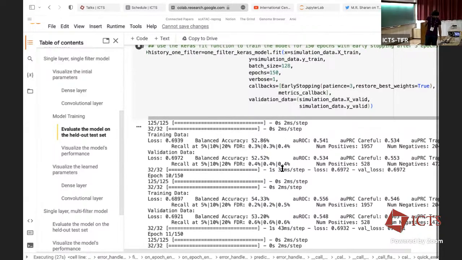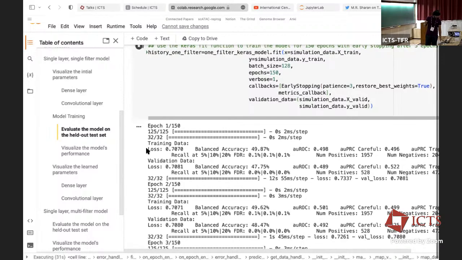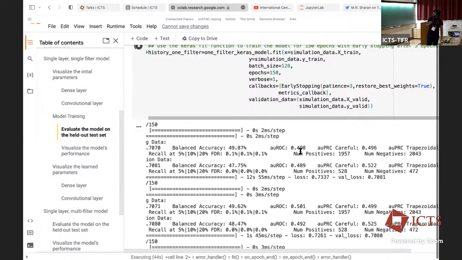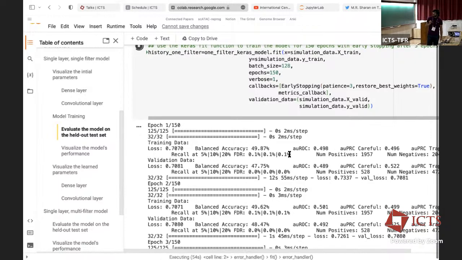So you can see again, this is spitting out a lot of numbers. Just to simplify that for you, it's going epoch by epoch, right? So in the first epoch, it's seeing the data, it's doing one pass of the data. And it's giving you a lot of metrics. So it's showing you AUROC, AUPRC, and the accuracy. So remember, it's balanced data. There's an equal number of positives and negatives. So it's showing you that number on the training data at the end of the epoch,